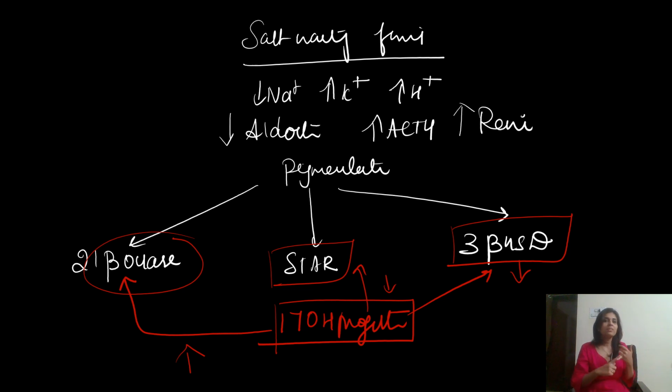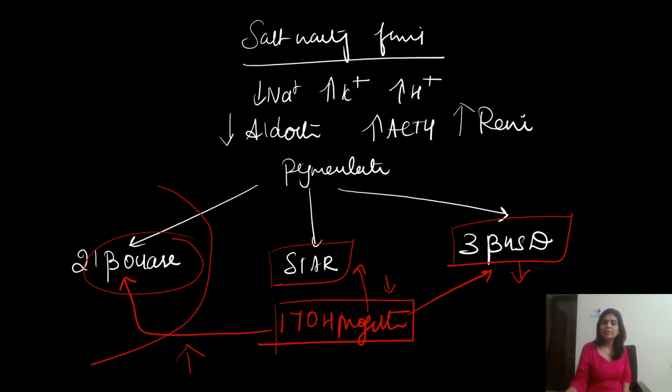And it is not just our assumption, it is also a matter of priority. Because if it's 21-beta hydroxylase defect, the probability that the neonate presents with hypoadrenal crisis is high. So we have to make a diagnosis of congenital adrenal hyperplasia due to 21-beta hydroxylase defect earlier, and that is why we use 17-hydroxyprogesterone as one of the parameters in newborn screening programs. Okay, so using this we can differentiate 21-beta hydroxylase defect.